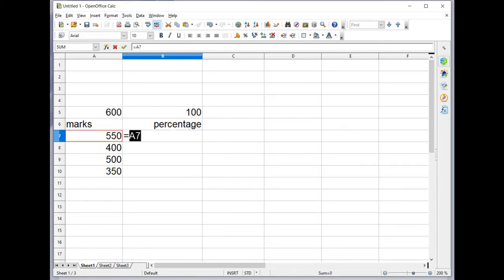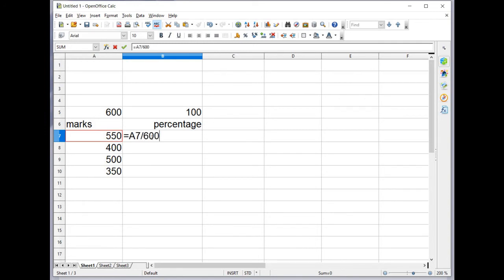Okay, so the same thing can be applied with another formula. Equal this cell divided by 600. For my sake, I am giving this in bracket followed by percentage symbol. So instead of into 100, I am directly giving the percentage symbol. So formula is equal this number divided by 600.